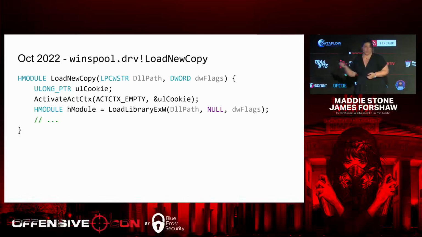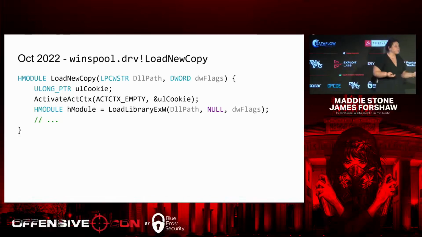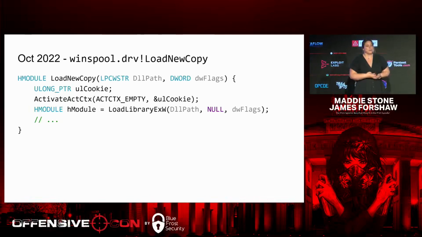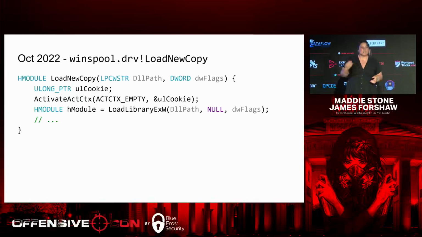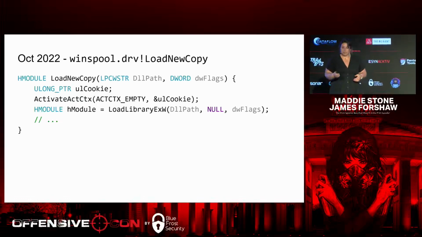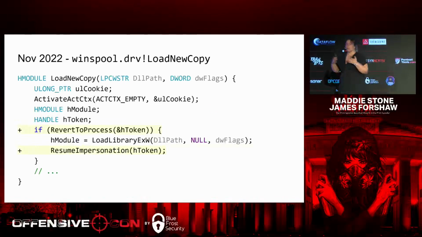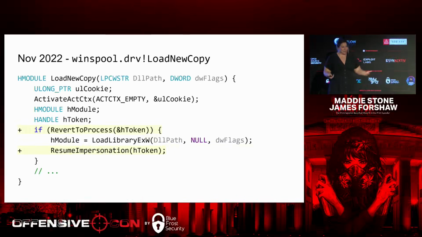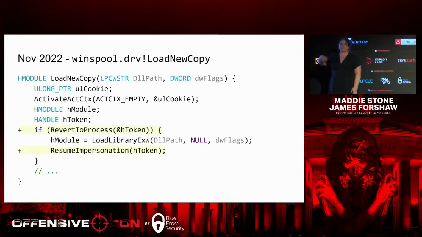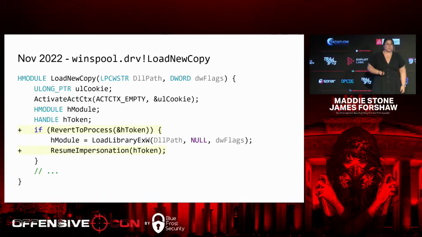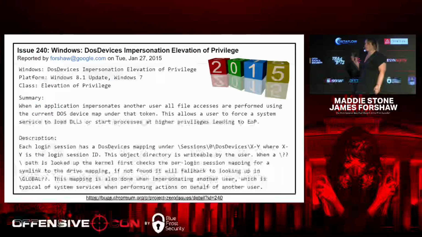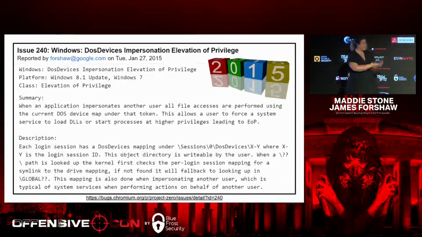LoadNewCopy function. So in October, during the vulnerable version, LoadNewCopy would immediately call ActivateActCtx, and then immediately go into a LoadLibrary call. In November, the change was simply to no longer do impersonation around that LoadLibrary call, and after doing LoadLibrary, then resume impersonation again. So this sounded interesting, because this sounded an awful lot like a bug from 2015 that my teammate here, James,